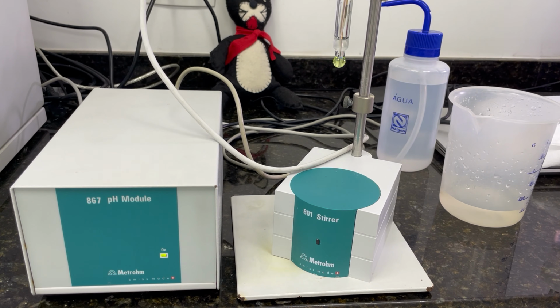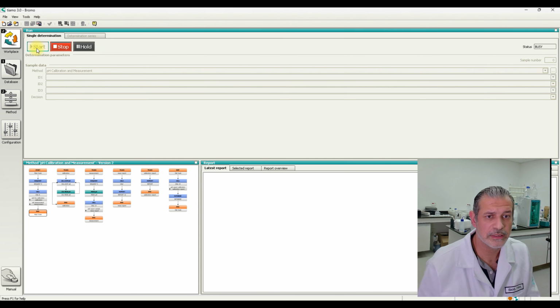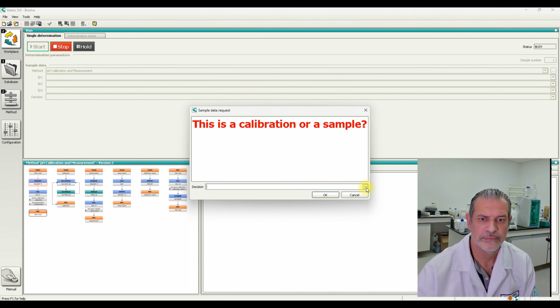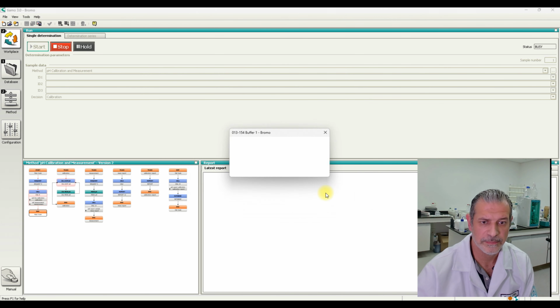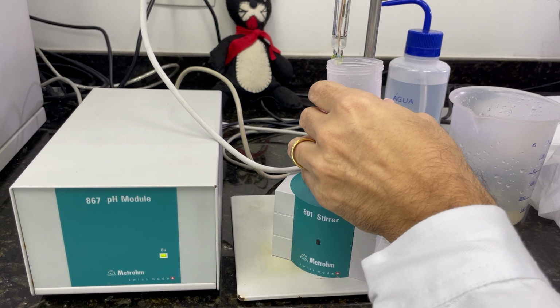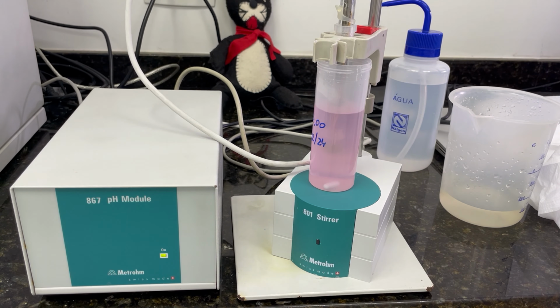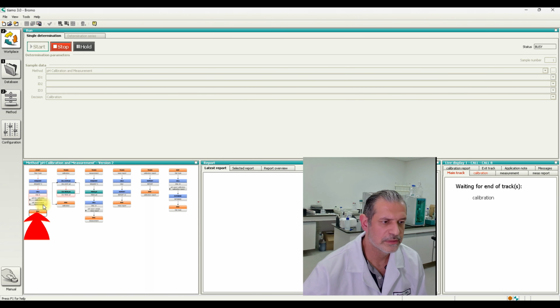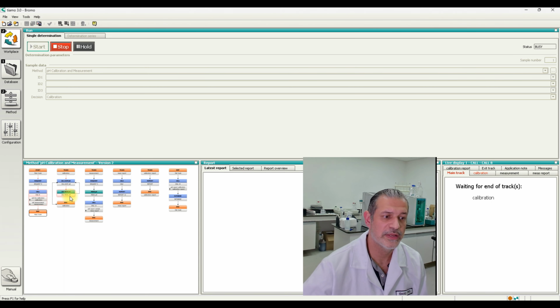So everything's fine, just hit start. Is this a sample or a calibration? It's a calibration, okay. Buffer 4, ready, okay. So you can see here that the call actually calls this track, the calibration track, so it works fine,